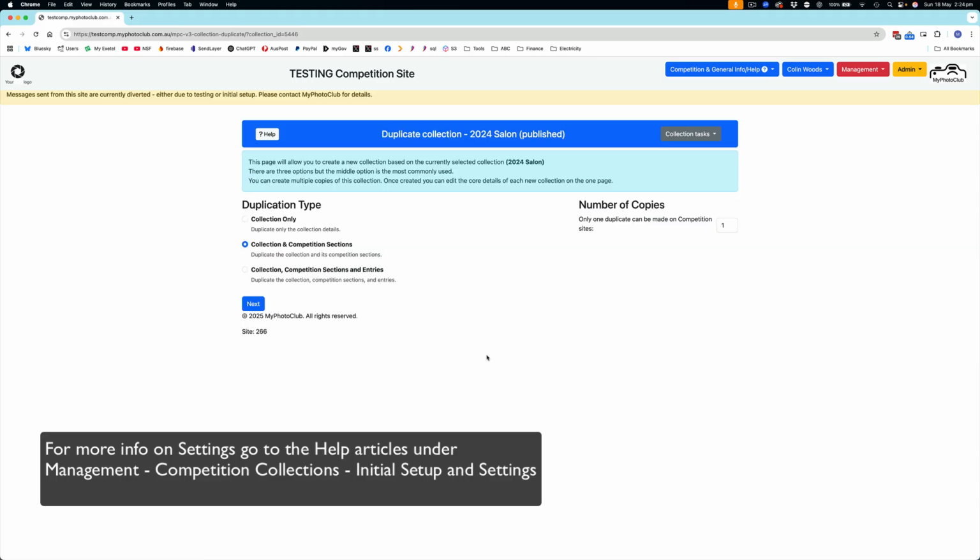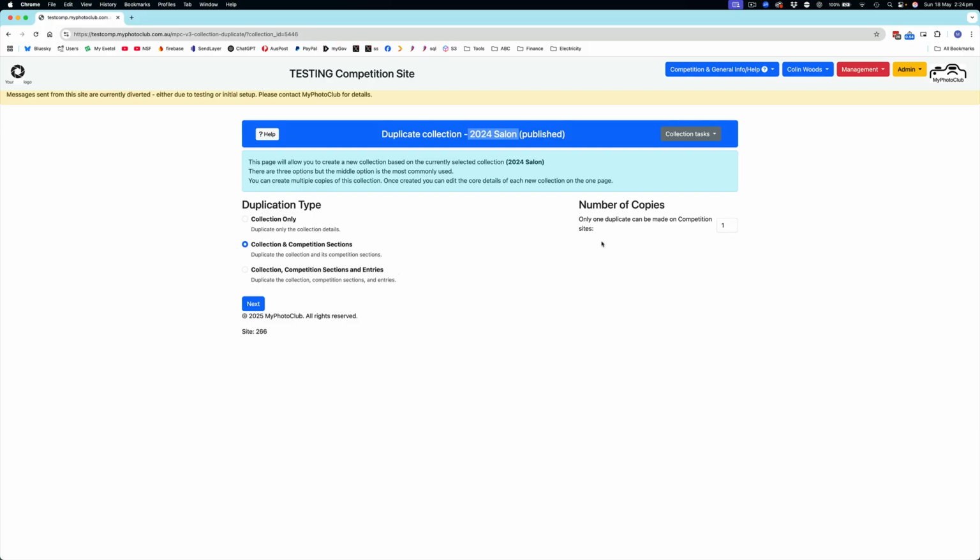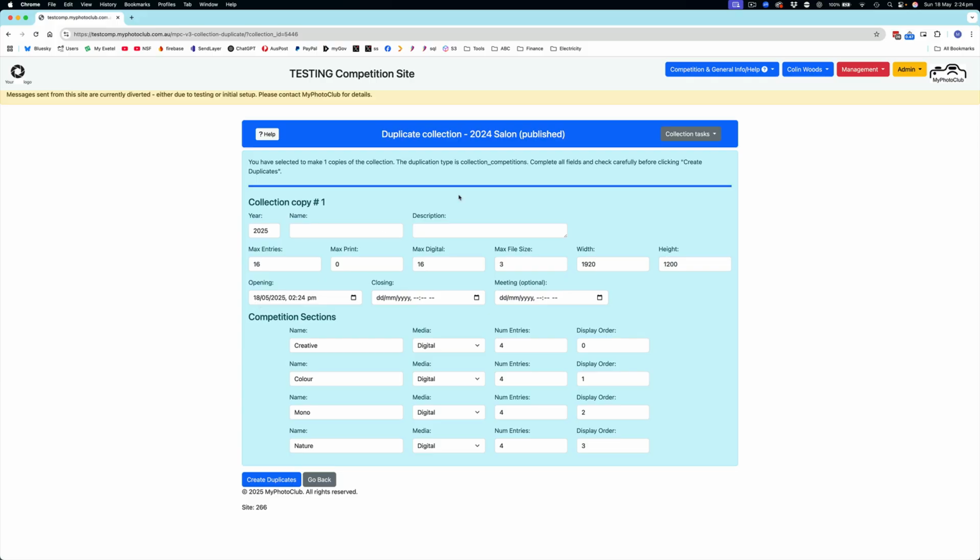The duplicate collection page allows you to make a copy of the collection that we're sitting on now, which is 2024 Salon, and then edit it to suit your new salon. You want the default setting, so it's going to bring across the collection settings and any competition sections that you have, but we don't use these other two. That's not appropriate for this situation, and we only want one copy, and that's all it's allowed on a competition site. So we just click on next,